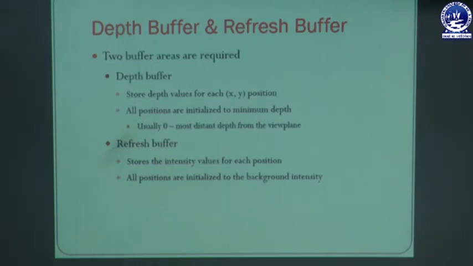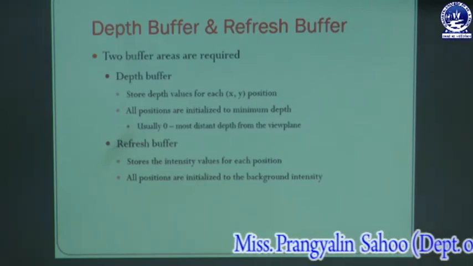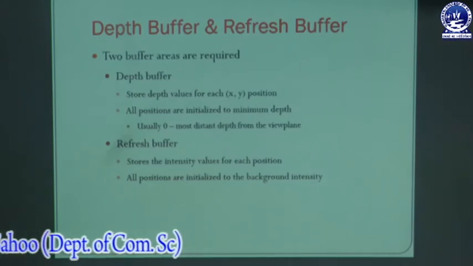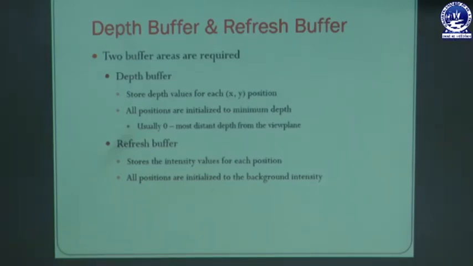One is the image buffer and the other is called the z buffer, or otherwise the depth buffer. Each of these buffers has the same resolution as the image to be captured.